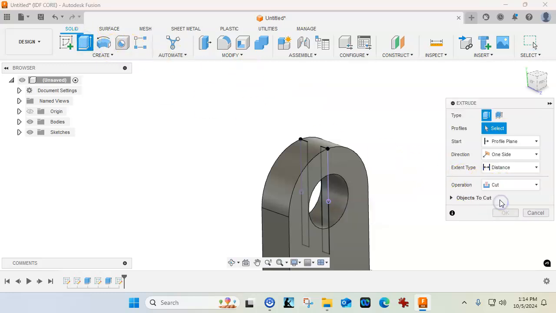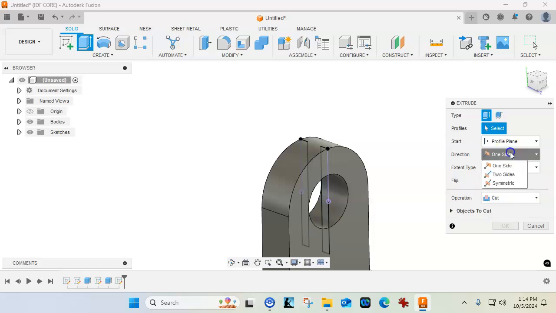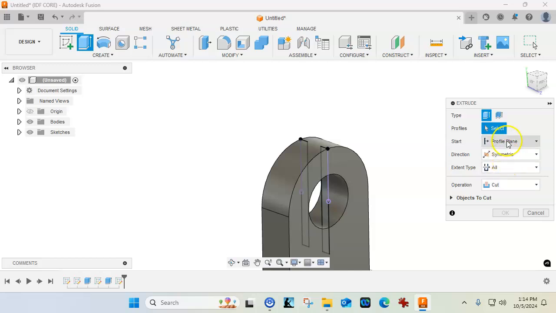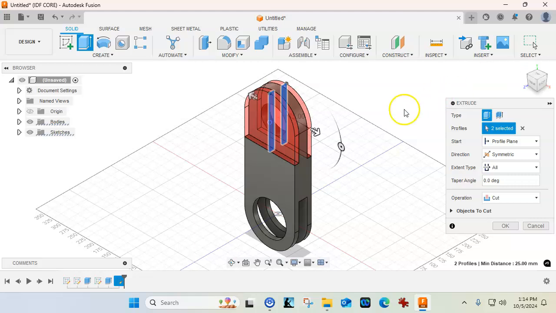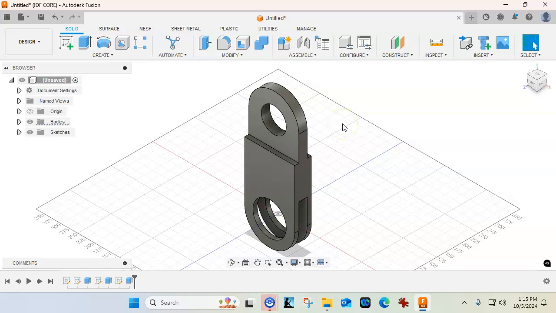I'm going to start at the bottom again because I always forget to do the cut. I want to go through all and make sure that it's symmetric. And then finally I will pick, and that wasn't it. So we'll go to the left side, and I'm looking for those 2 regions. And we'll just go back to isometric so that we can see the material that's being removed. All right, so a little bit different than what we did. I'm going to go ahead and save this